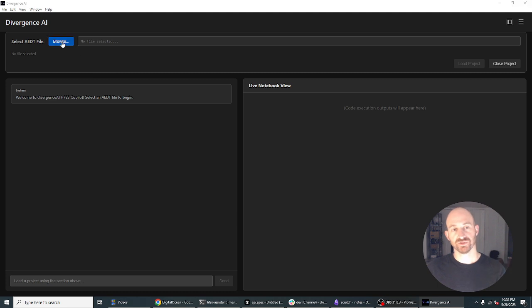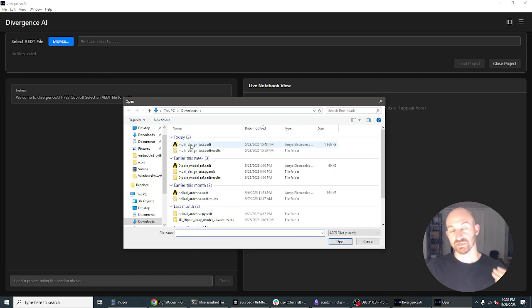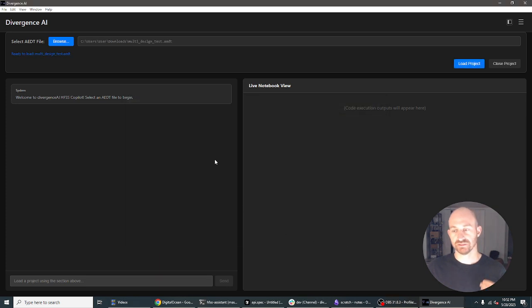And the most important feature is we have the ability to now interact with multiple designs within a given file. So let's try this example that has a feed structure and some elements and then an array of these elements. So let's load it up. Just like before,